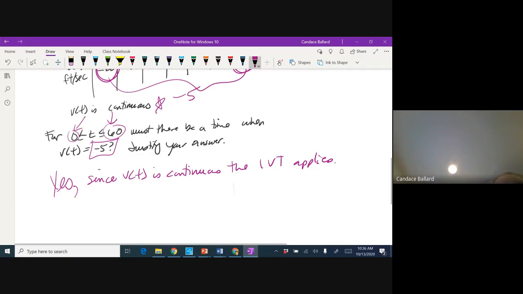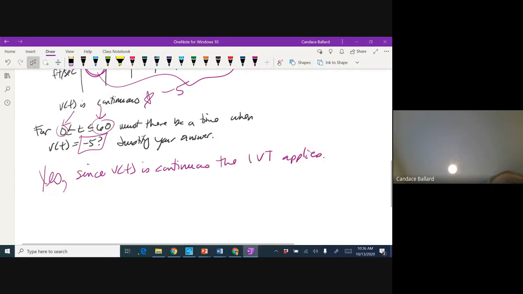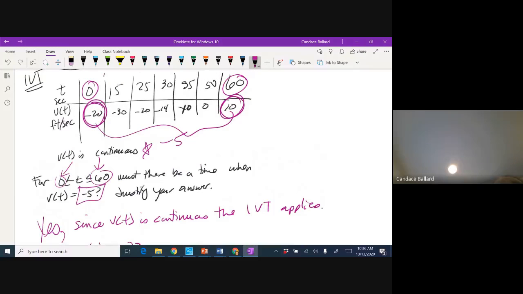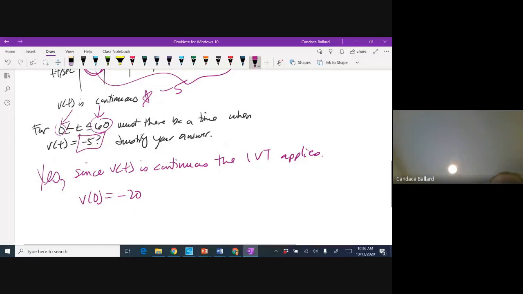So I'm going to make a statement that says what we just talked about. So we're going to say that v of 0 equals -20. All I did was write down what we saw there, okay? And then I know that v of 60 equals 10. And then I know that this guy here is sandwiched in between them. So you have now proven to me that you understand that my y values are going from -20 to 10, and I get every single thing in between. Okay? Now we're going to say, therefore,